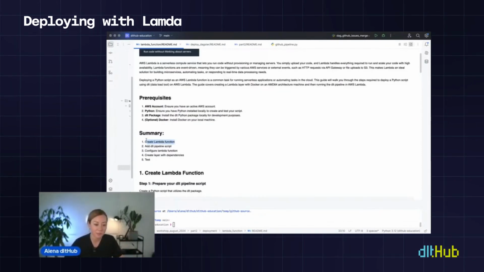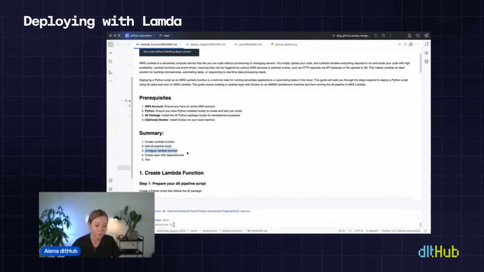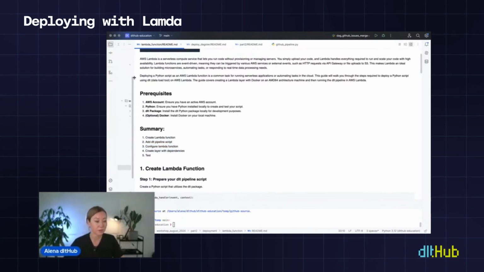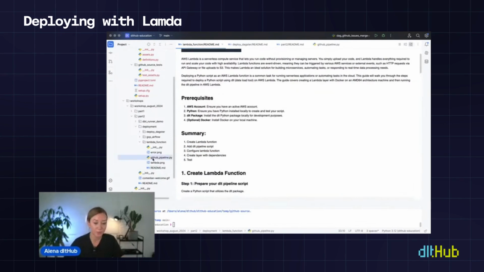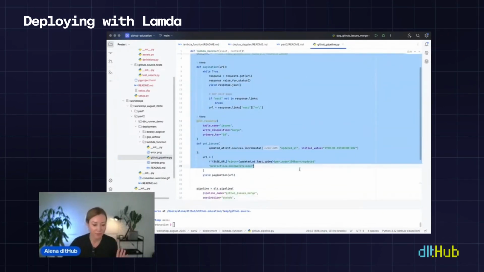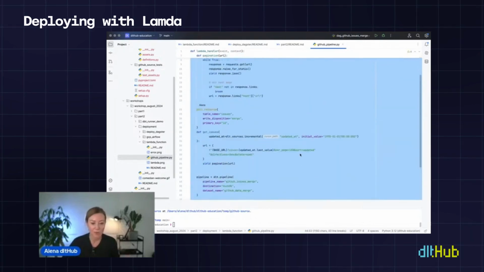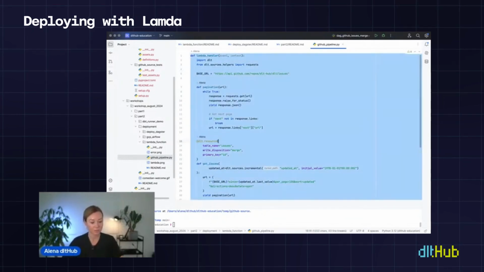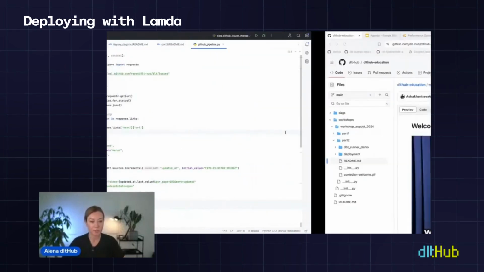First, we're going to create a Lambda function, add the DLT pipeline script, configure the function, create a layer, and test it. I prepared a GitHub pipeline. So it's our regular GitHub example, GitHub issues. I just copy-pasted it under the function definition with the name lambda_handler. Just copy it and